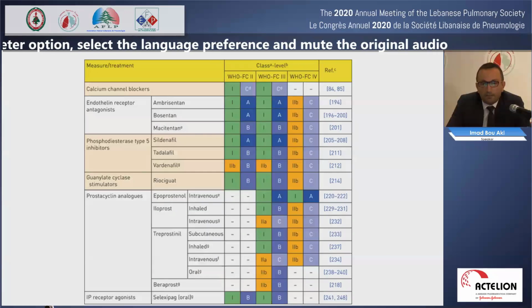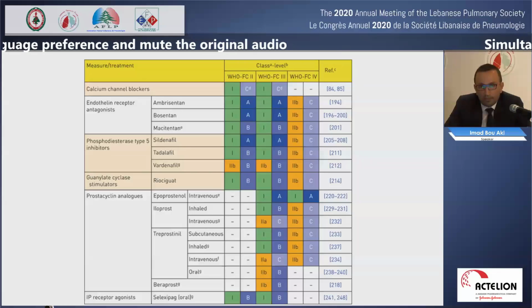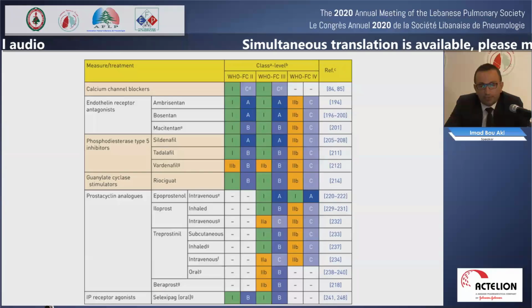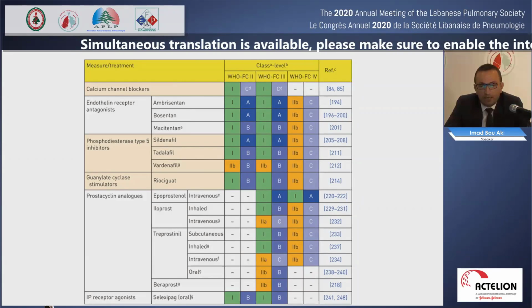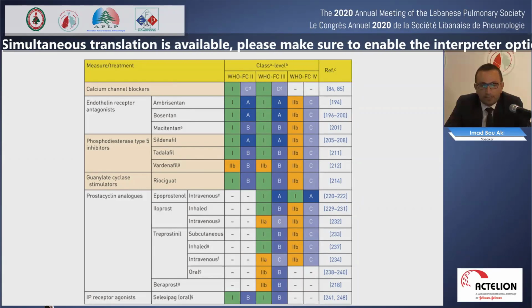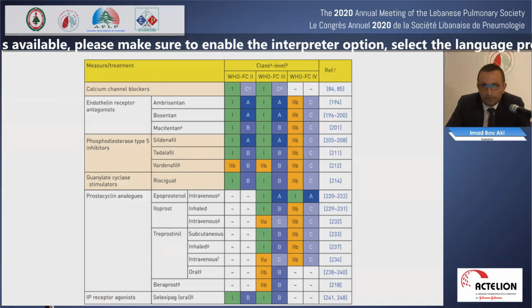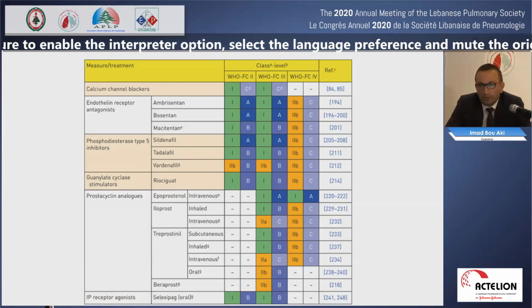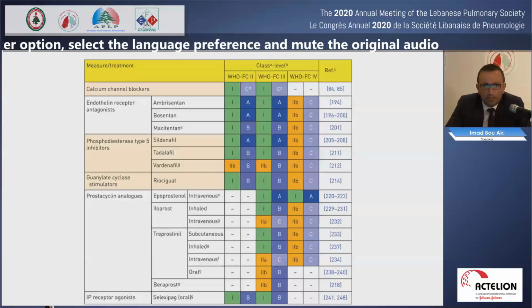So for monotherapy, those are the proposed treatments in the guidelines of the European cardiac and respiratory societies, and they include the following in all classes: ambrisentan, bosentan, macitentan, sildenafil, tadalafil, riociguat, and at the bottom of the list is selexipag, which is the prostacyclin receptor agonist. So you can start any of them in both functional class 2 and 3. None is recommended in functional class 4 because it's only the IV form. And there is good evidence behind the treatment.